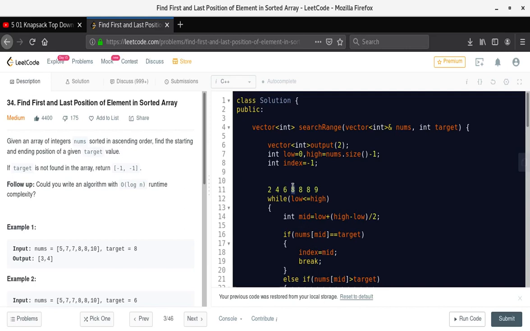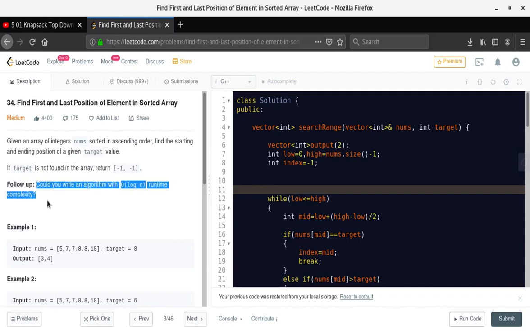And once we got it, we keep our loop moving until our value is not equal to the target value. So it will keep moving till here and it will stop here, right? At this point, every time we update our output vector index 1 with the new index that we got, that is this index. Then it will find 8 again and update index 1 again. So this is our simple big O of n complexity solution, but we have to optimize the solution.